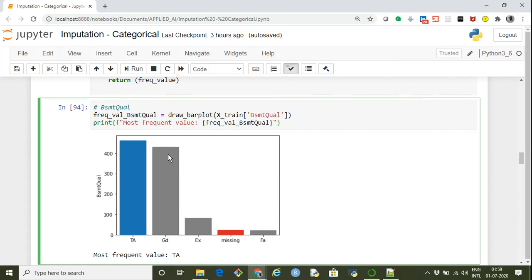So basically, if I take the column basement quality in the train data set, then as per the bar plot, we get TA as the category which is the most representative or the most frequent category, and it has 400 plus observations, followed by GD, which is good. This is the second most frequent category, and so on. And in the bar plot, I am also representing the missing values as a specific category. So this gives some sort of a comparative study, like